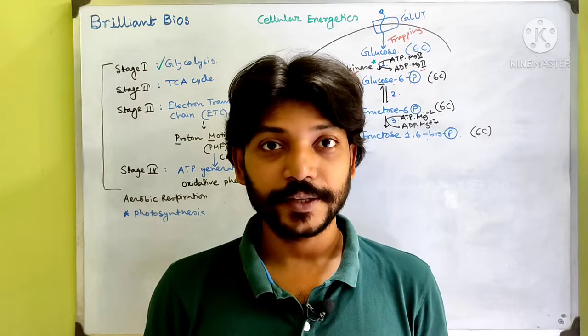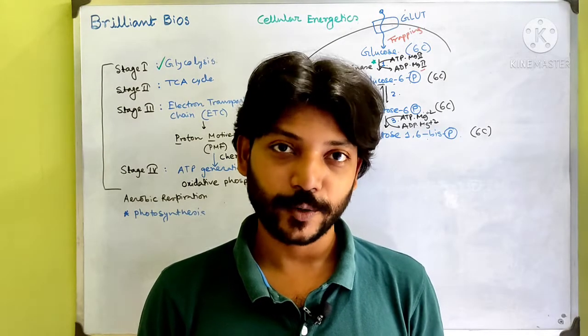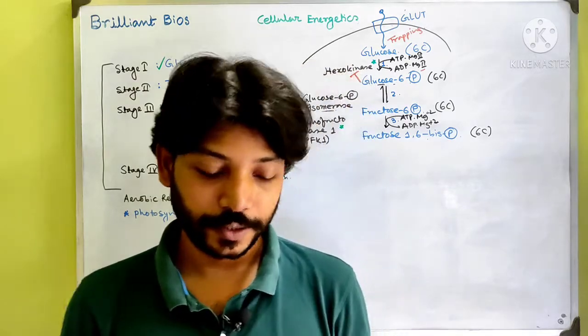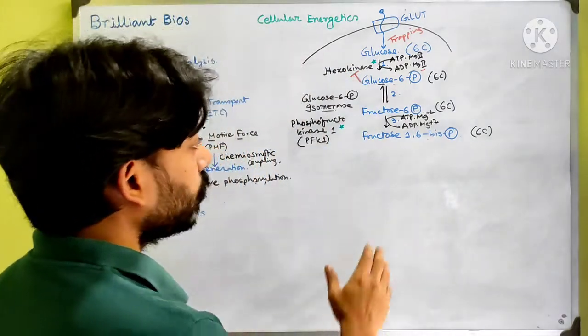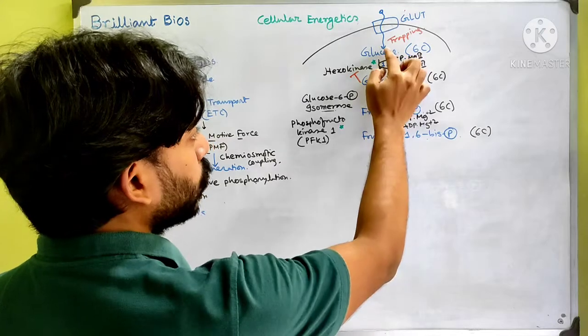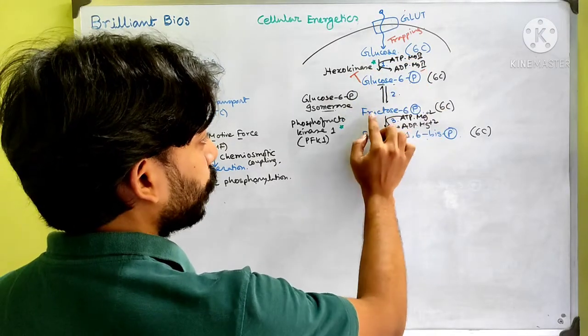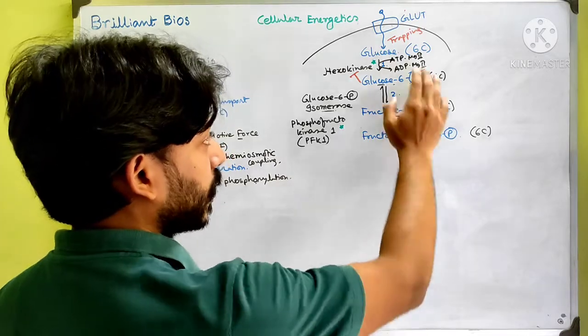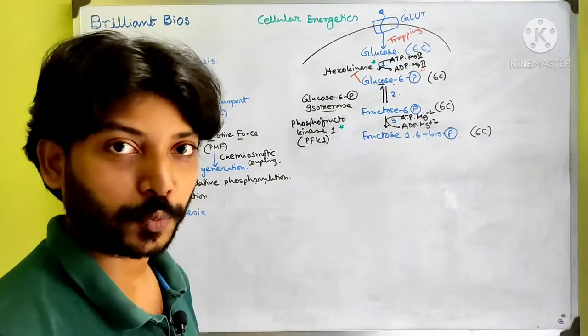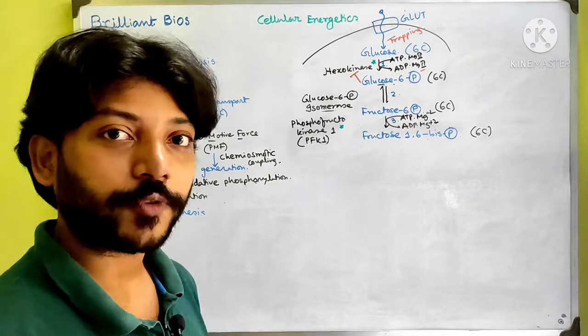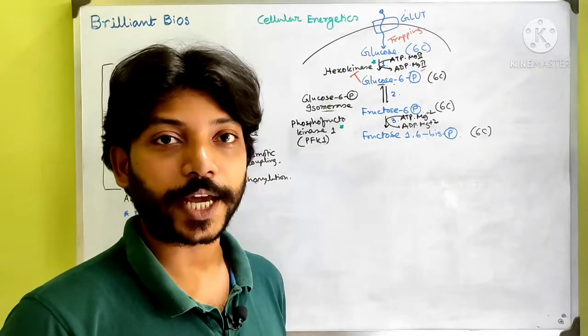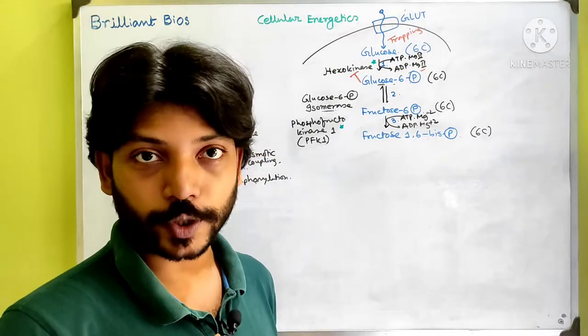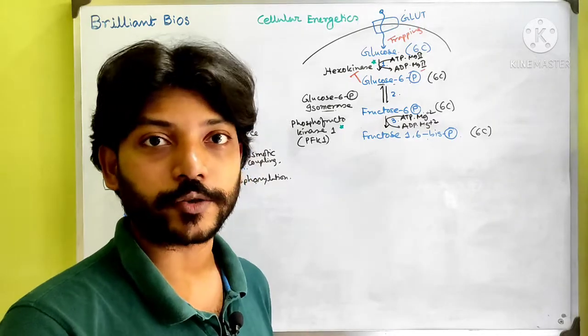Welcome dear students. In this video I will complete the glycolytic pathway from stage 4 to stage 10. Now up to this stage 3 we have seen that glucose is converted into glucose 6-phosphate to fructose 6-phosphate and then fructose 1,6-bisphosphate, and these all molecules are 6 carbon molecules. But in this fourth step, this fructose 1,6-bisphosphate actually cleaved into two products, that is 3 carbon molecules called triose.